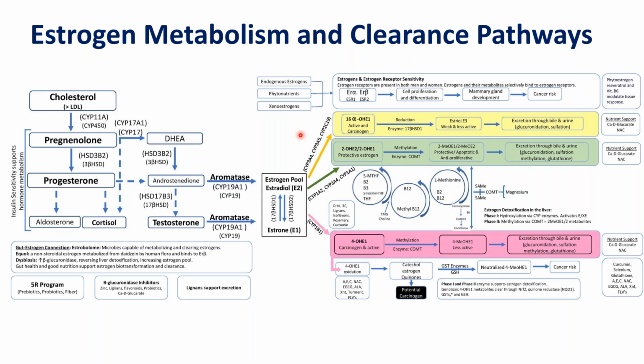So we want to be able to reduce the amount of 16s and increase the 2s as much as possible. Running a 2:16 ratio is great to see what the estrogen levels are in the moment, but what we